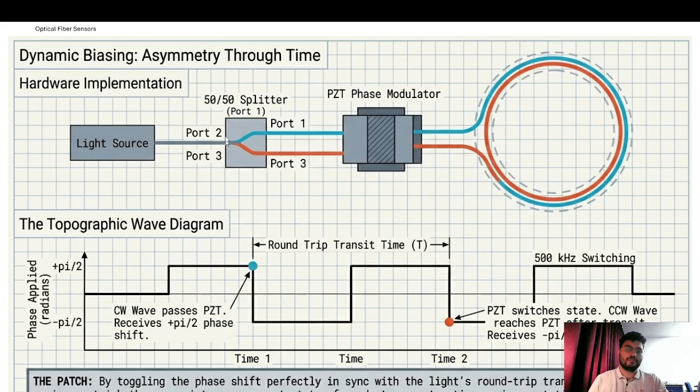This is a 50-50 splitter, and it is connected in a Sagnac loop. If you see the topographic wave diagram, it is time versus the phase applied in radians. The phase is moving from pi by 2, minus pi by 2, plus pi by 2. The CW wave passes the PZT, receives plus pi